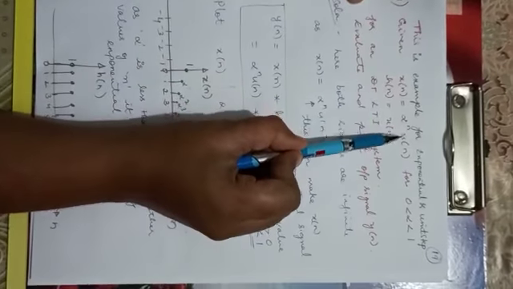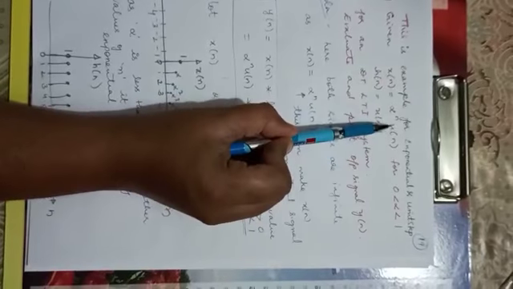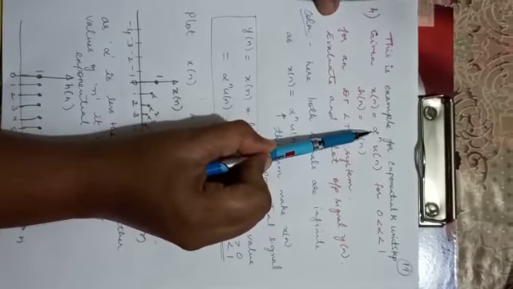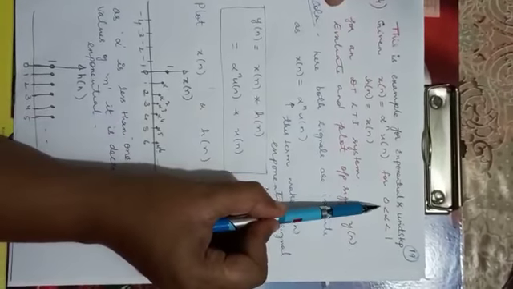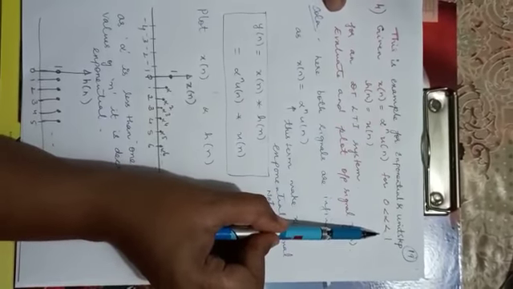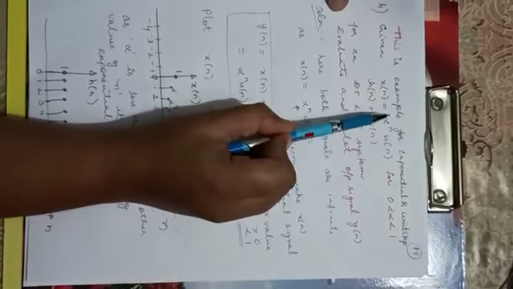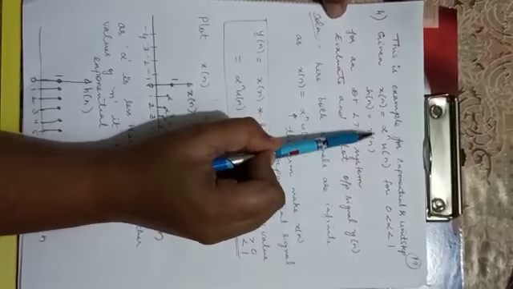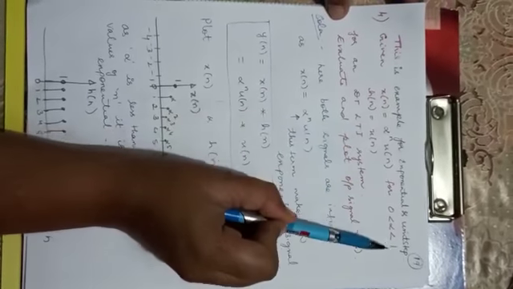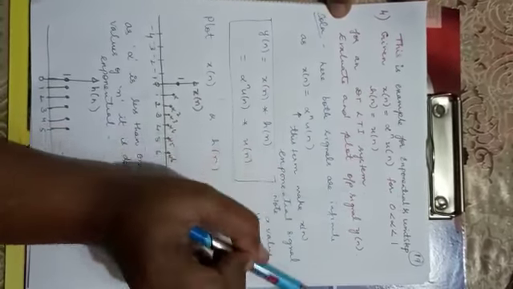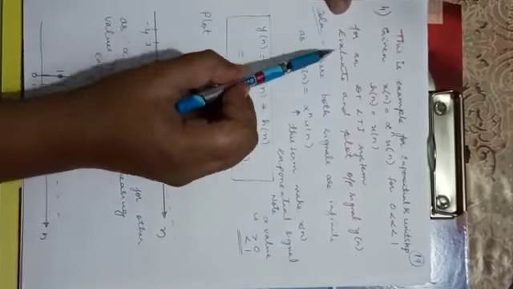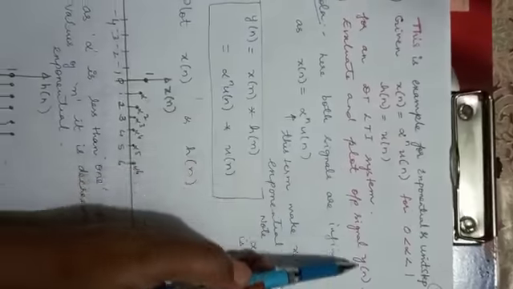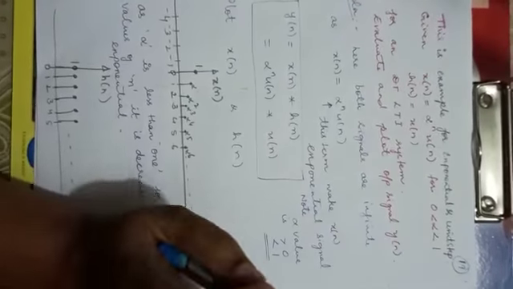They call this exponential because u of n is multiplied by alpha to the power of n. Alpha value, as given in the question, is less than 1. So for example, if you consider half to the power of n, it will be an exponential signal, but here since alpha is less than 1, it is a decreasing exponential signal. So they have asked us to find out the output of the discrete time LTI system, and we have to plot y of n as per the question.